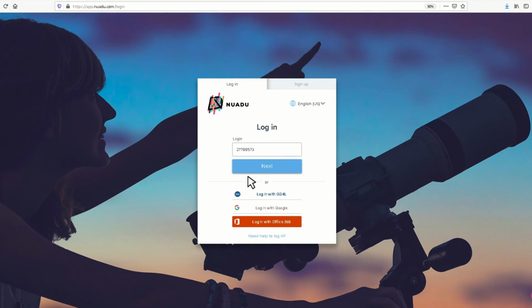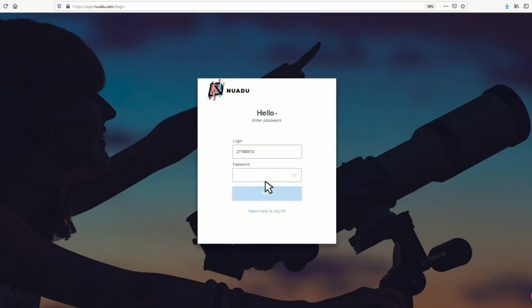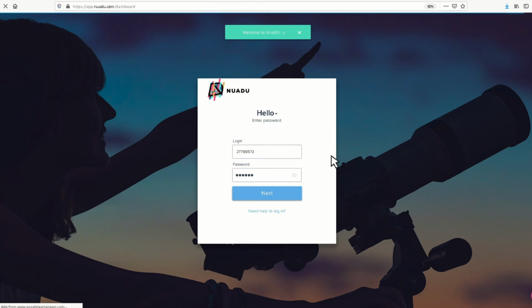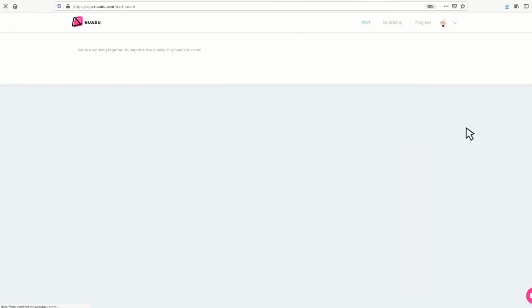Now once you're done, just put in your principal or director login number, the 8-digit code which is provided to you. And then of course, hit next. Once you have that, just hit next and then enter your password. Let's just wait for it to load. All right. So right now the page is currently loading, and while it's loading, as you can see, we only